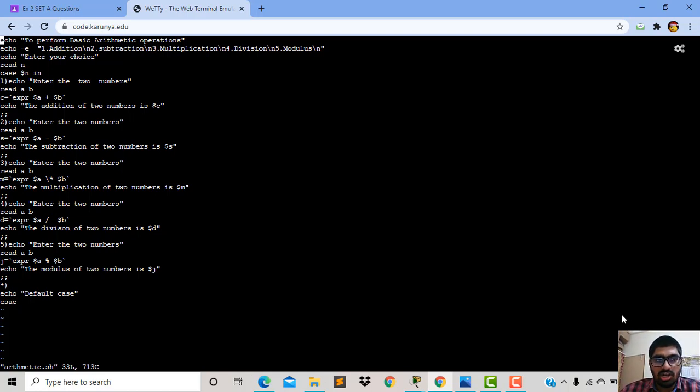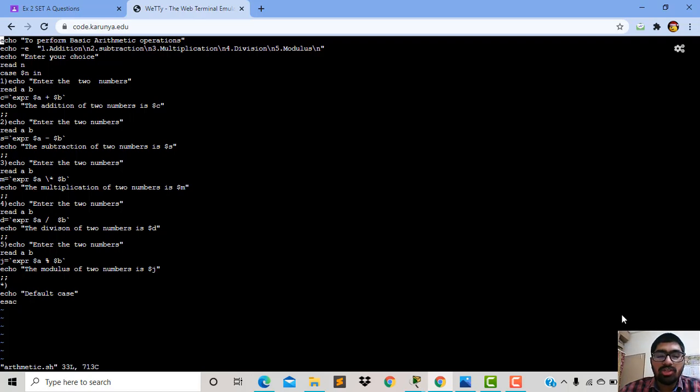The dollar helps as a scanf function here. Then echo enter two numbers to perform addition operation, read a b. If the user enters two numbers like 12 and 13, or 4 and 5, it will read them.